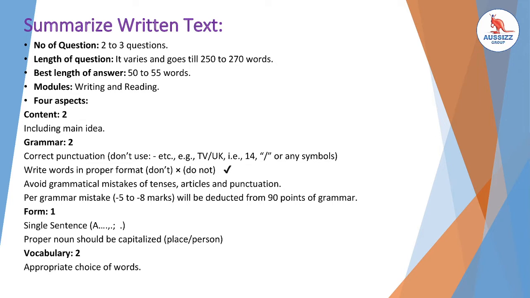So in summarize written text, we have to frame just one single sentence, with the first letter being capital and in the end a full stop. So you just have to use the full stop once only, and we have to draft one particular single sentence. Apart from that, it also considers the number of words in the form itself. So you have to write something between 5 to 75 words. Ideal length can be 50 or 55, or you can go up to 65 words as well, not beyond that.